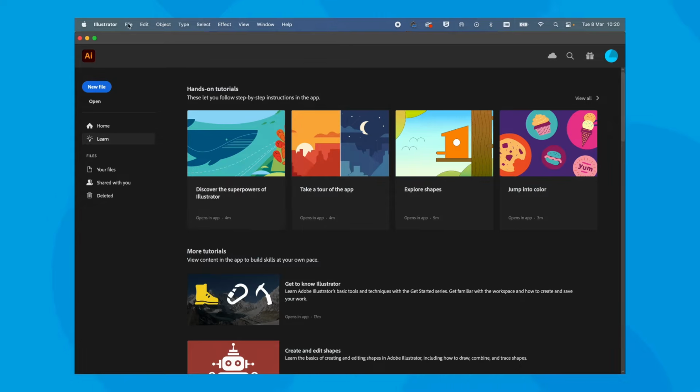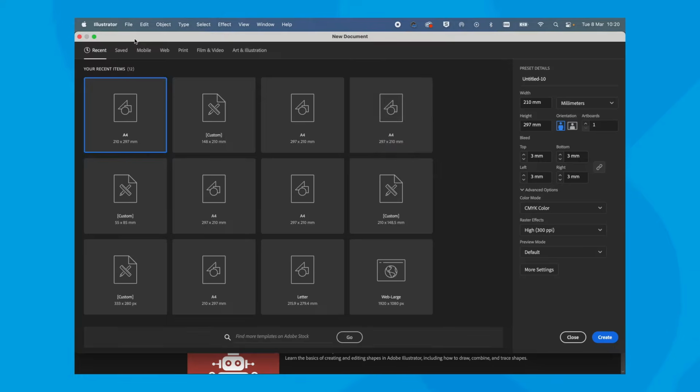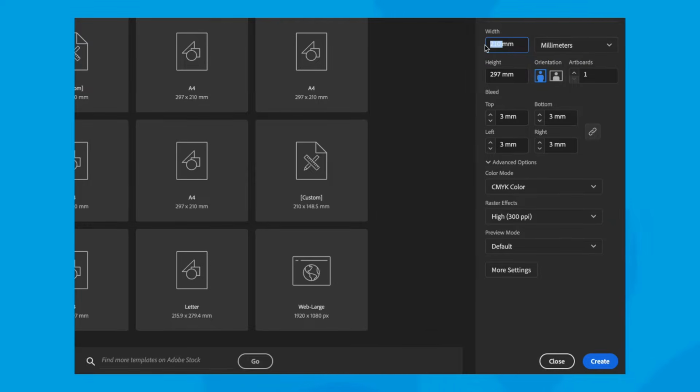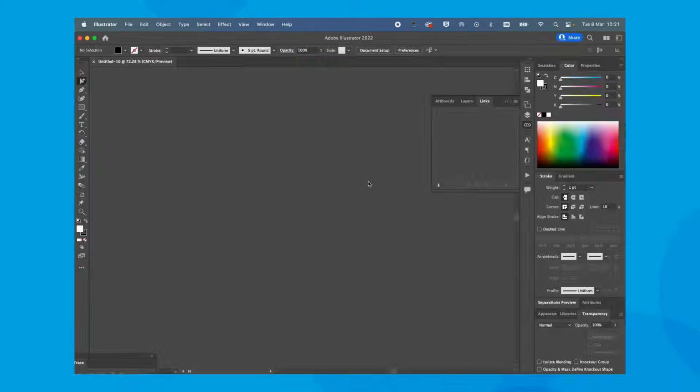To create the flyer in Illustrator, go to File, New, and I want an A5 page, and I haven't got a preset here, so I'm just going to fill in the dimensions. Width is 148mm and height is 210, and we've got portrait orientation. We only want one artboard because I'm doing a one-sided flyer, and I've got the bleed set automatically there to 3mm, and you're going to make sure you're wanting CMYK for your colour mode and 300 ppi, and create.